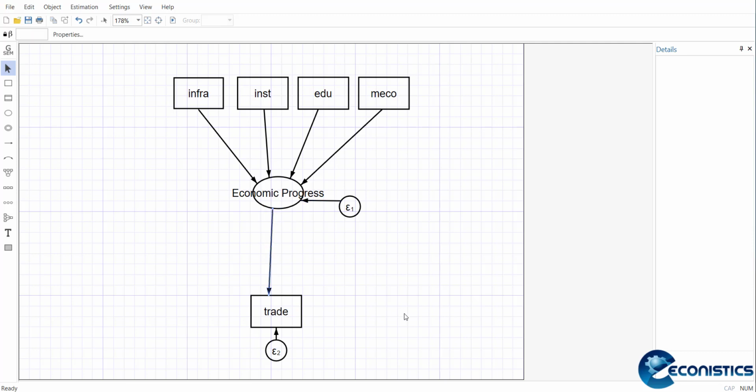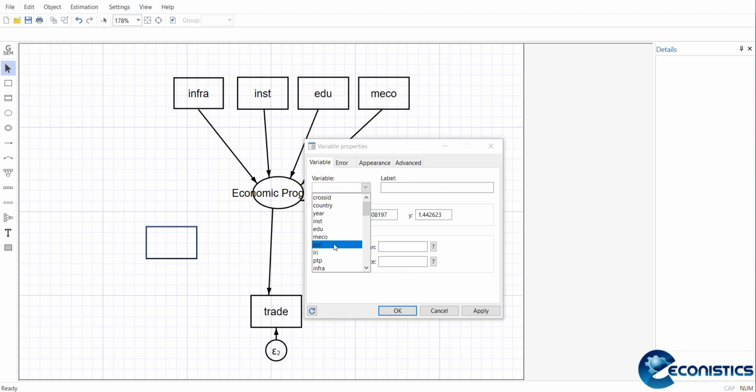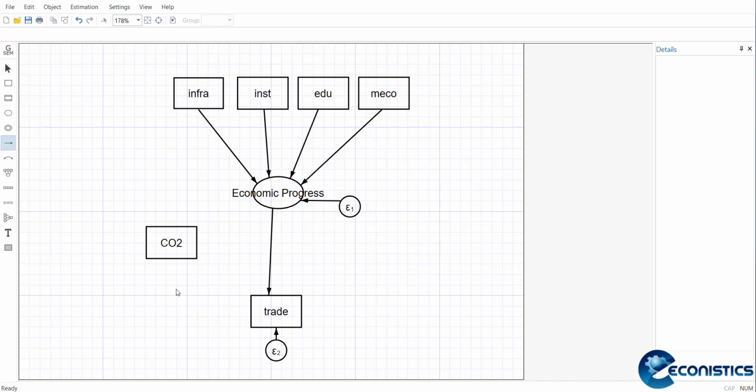Since there is only one latent variable, it will just show, because it will make it a benchmark equal to 1. So we should add more variables so that at least it will estimate properly. So let's add another variable here. I will randomly select some other variable. Let's see, I can add CO2, the environment quality. If I select this variable and add it here, now there are two regressions. The number of error terms will explain how many regressions are going to be estimated.